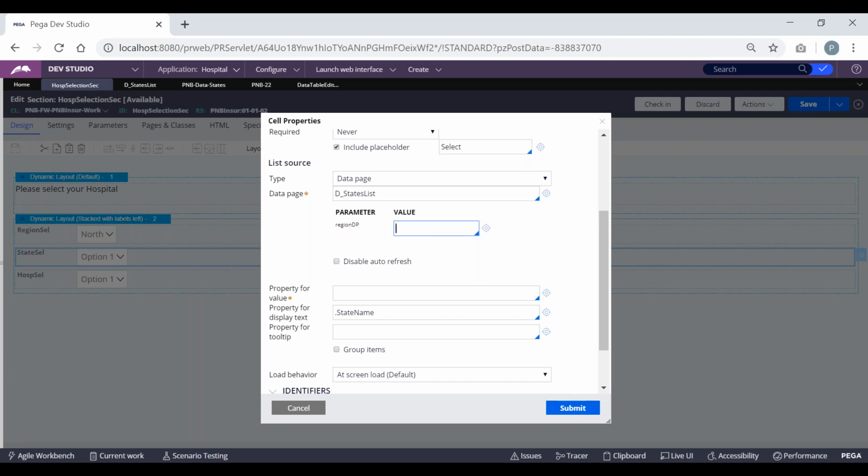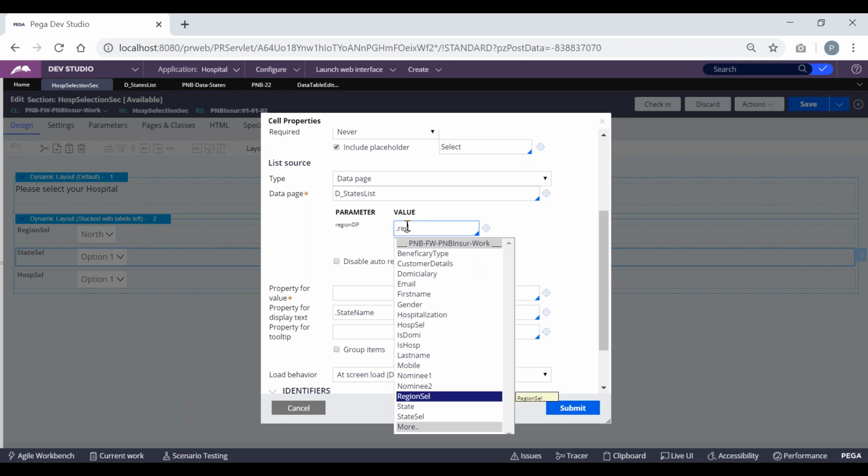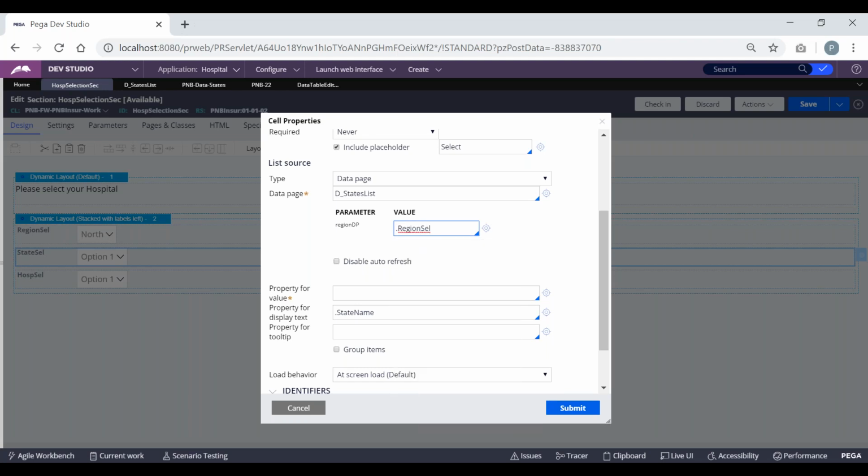The parameter value that I have to pass is the region property. Whatever value I select here, that property has to be passed here. So that is like region selection. I think you're getting my point.